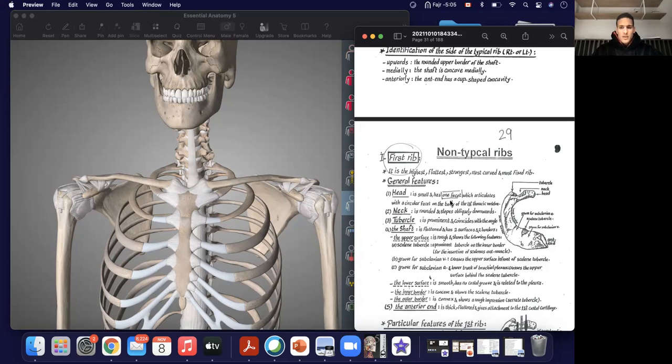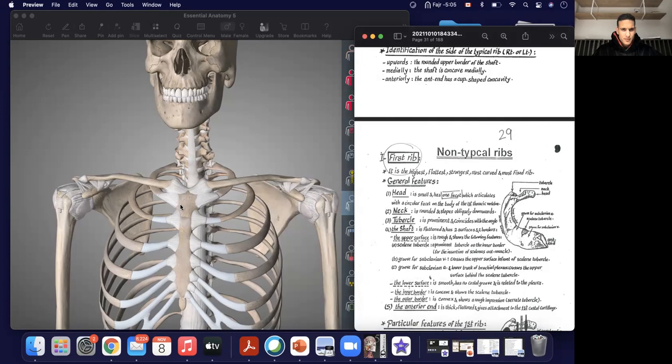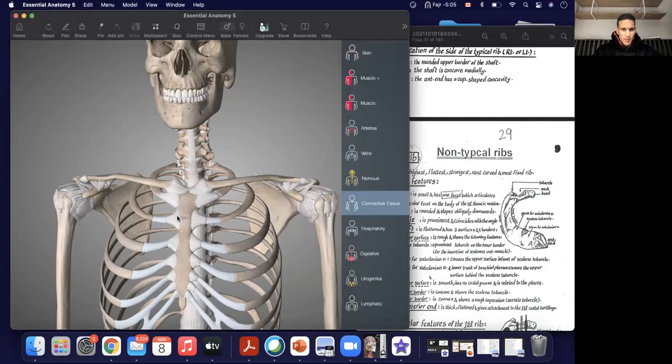Next, this was all for the ribs. Now we're going to discuss the sternum. The sternum is made up of the manubrium, body, and xiphoid process. The xiphoid process is at the level of T9. The manubrium and the body are joined together by the manubriosternal joint, which forms the sternal angle, found at the T4 level. And the body and the xiphoid process are joined together by the